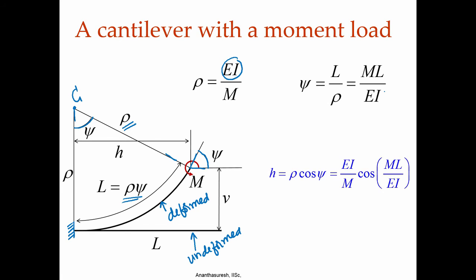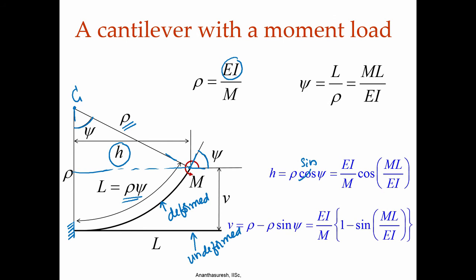Okay. We can get this h, that is, when it deflects, the free tip, we want to get the locus again. So, that h is given by rho cosine psi, that is this distance, that is rho, and this is psi, rho cosine, actually this should be psi, so not cosine, it should be rho sine psi. Okay. And the v here will be cosine, okay, because this is sine and this is cosine, the vertical one, rho minus rho cosine psi. So, let us correct it,